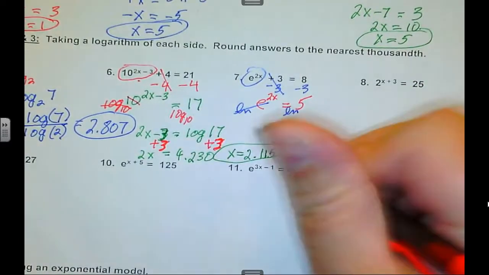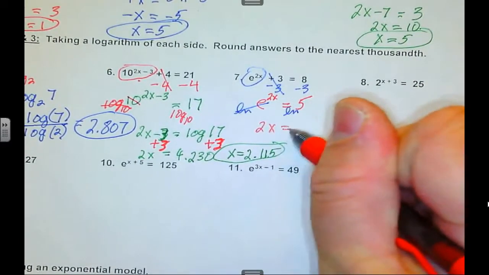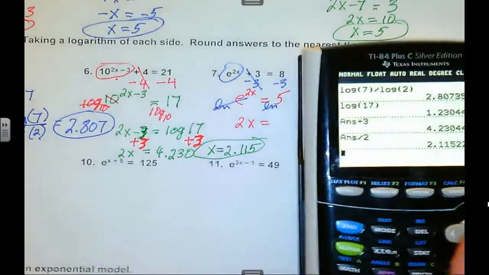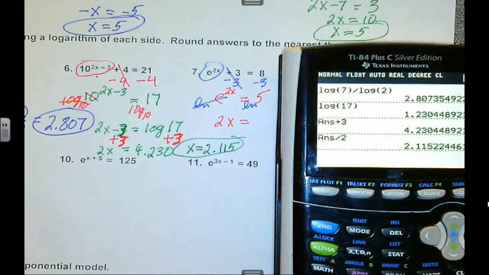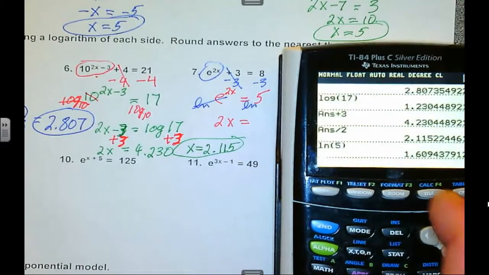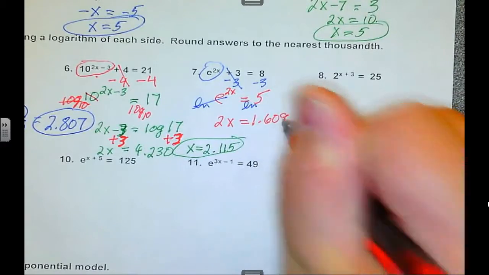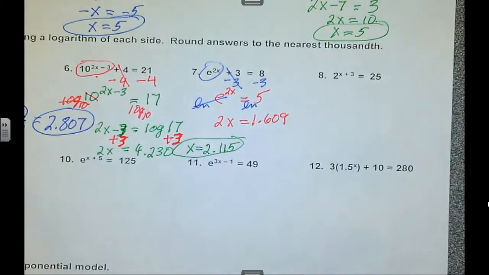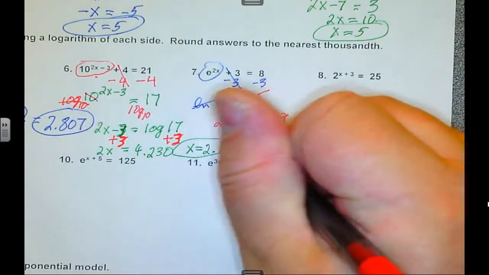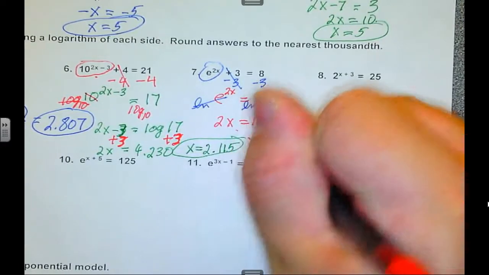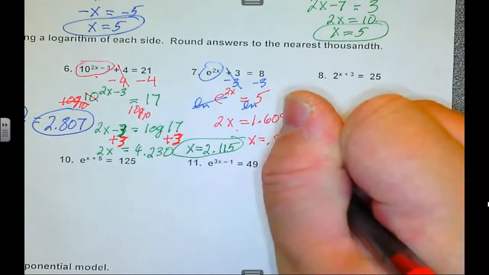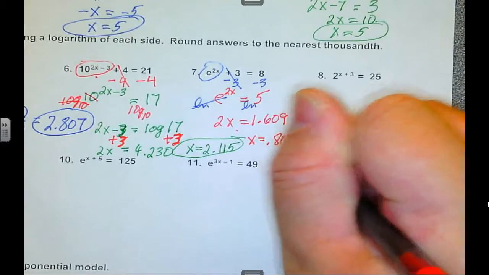I get 2x equals, what's the ln of 5? ln of 5, 1.609. And then divide both sides by 2. I get x equal 0.80, round up,